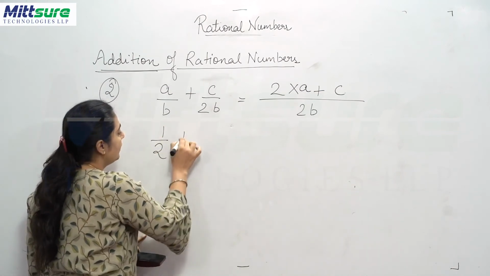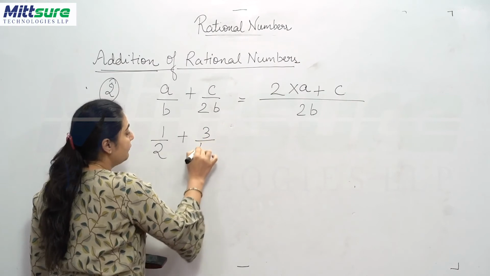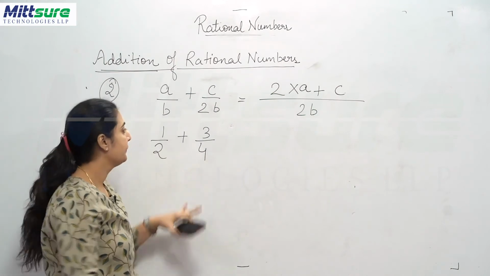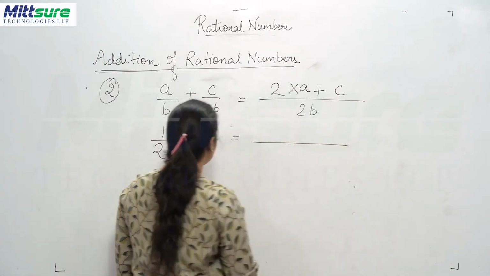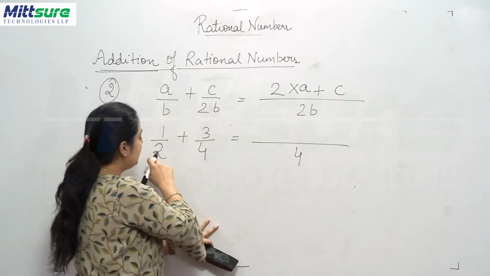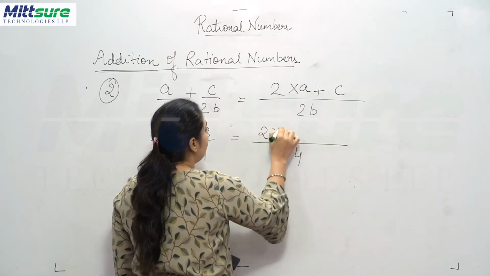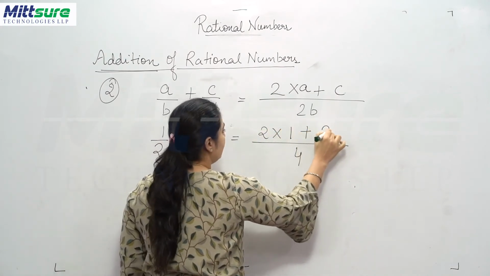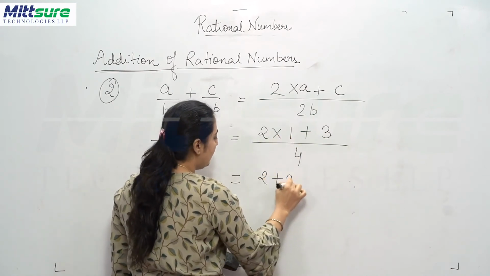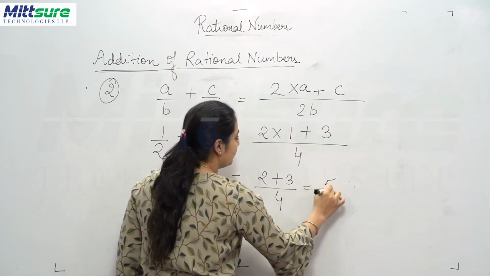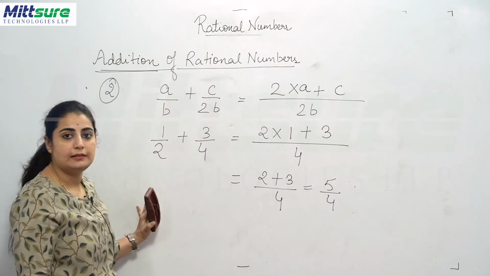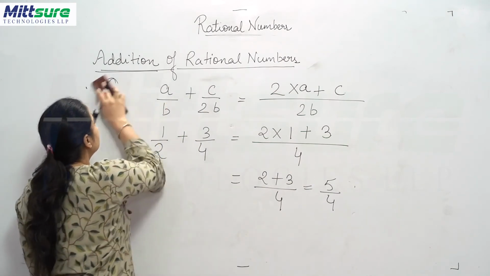1 upon 2 plus 3 upon 4. Okay? 2 is a number and its multiple is 4. So I will simply put it into this. 4 is my denominator. Then 2 multiplied by 1 plus 3. So the result is 2 ones are 2 plus 3 upon 4, that is 5 upon 4 is the sum of the given rational numbers. Okay. Now the third condition